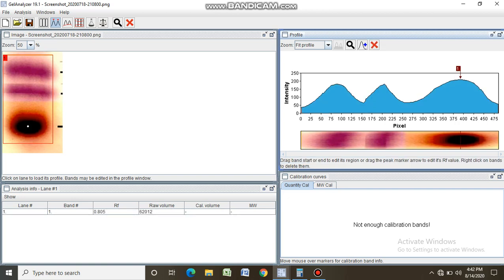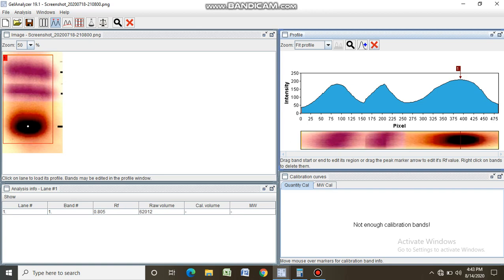Okay, here is the total RF and raw volume. Note down the total raw volume. It is 62,012. Note down the total raw volume.